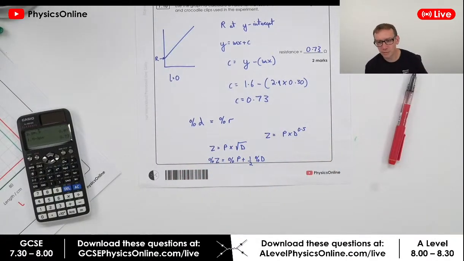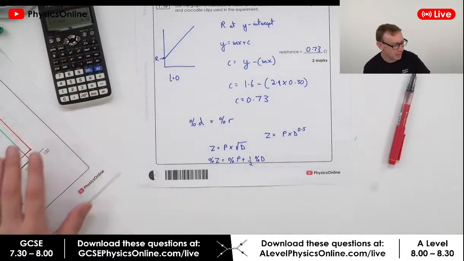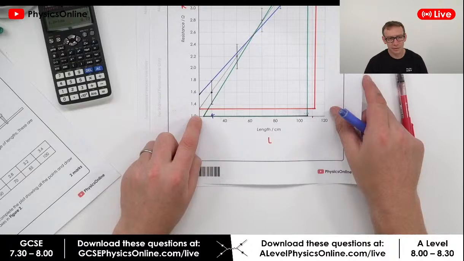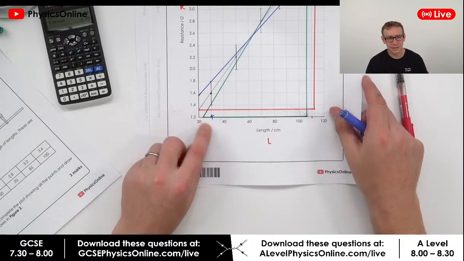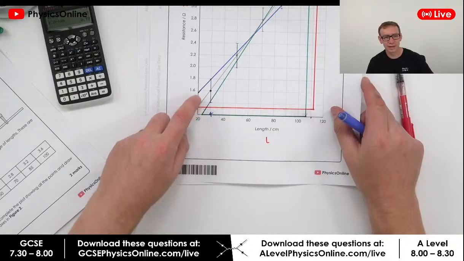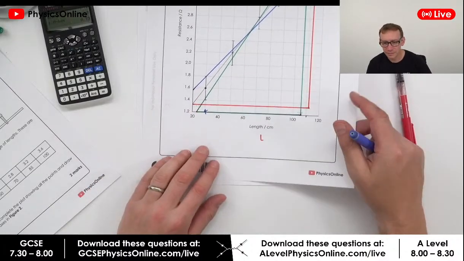Why can't I just read the y-intercept off the graph? Good question, middle mip. It's because on the graph, we don't have that as the origin. It starts at plus 20, so we can't read that off. That's not the intercept, that's just where that graph kind of runs out. Okay,